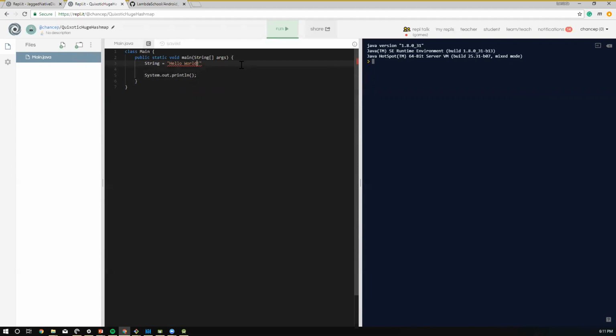We need a semicolon there. So what we need to do is first we need to name our string. There we go, now that's properly done. So now we can get hello dot